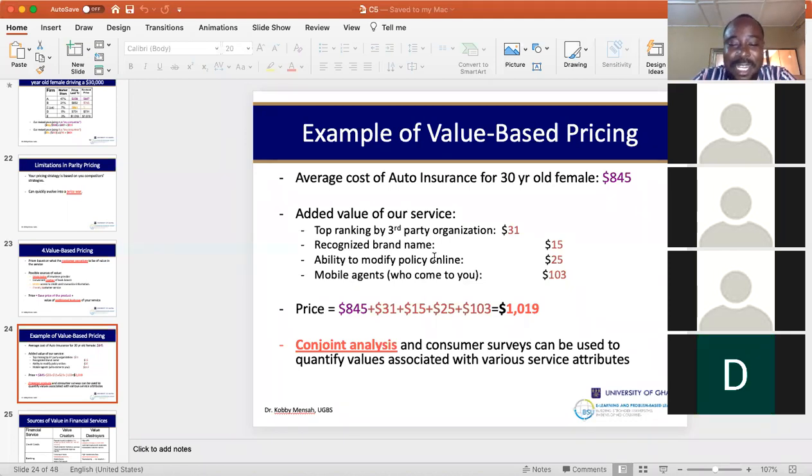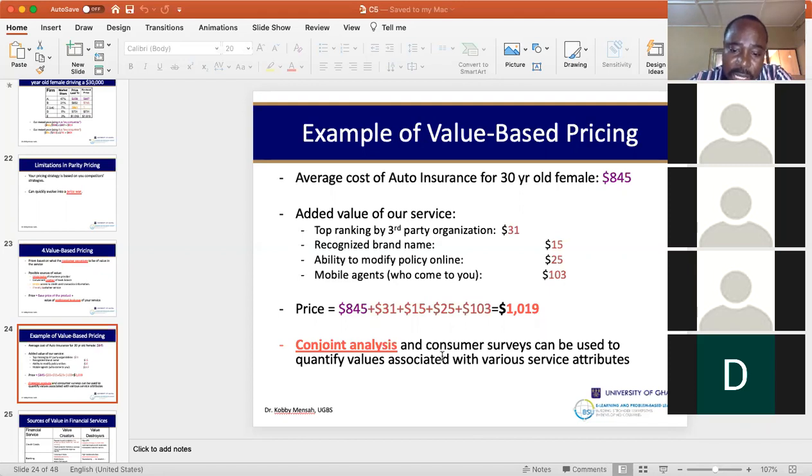So you identify with the people, you ask them the questions, whether they like the differentials between you and competitors, and whether they want to pay extra. And as you see in the example, you rank order the attributes of value, all right? If you identify those, you can have about 3 or 4 values that you think set you apart from competitors. And then rank them in order of importance and ask customers which one of them offers them more value and how much extra they want to pay for that value. You add that to your other cost factors, and then you determine your price. And that's what we've done, which comes out to